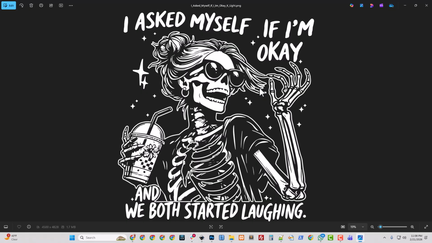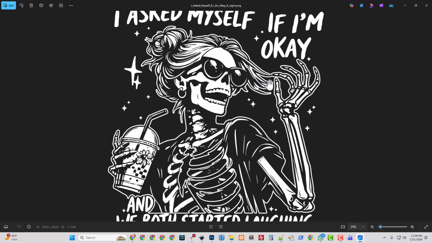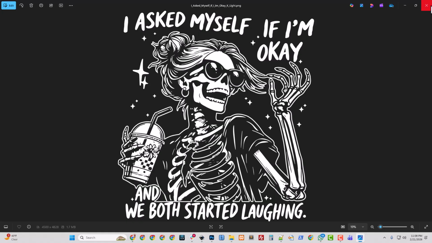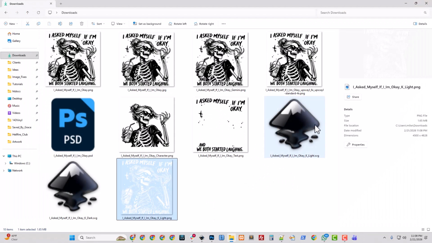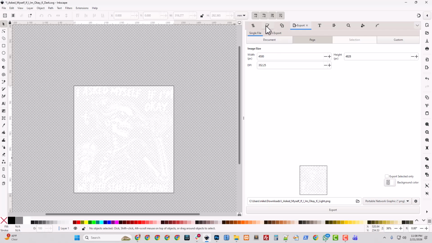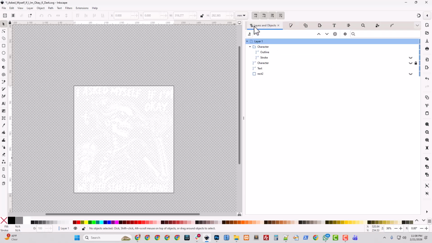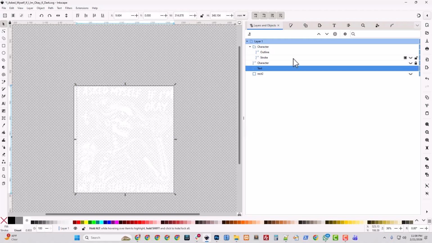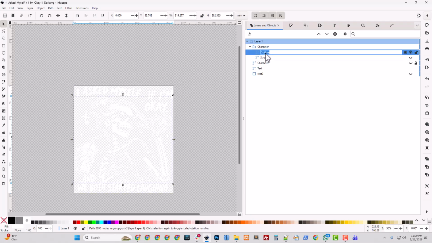And I see a problem. I actually criticized a team member recently for this, and I better fix it. So there's a problem here, and it's on the text layer. So outline is now my entire character. So let's just call that character. I'll call it final character.